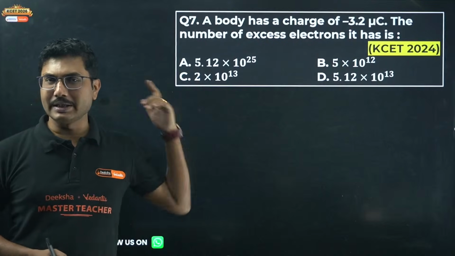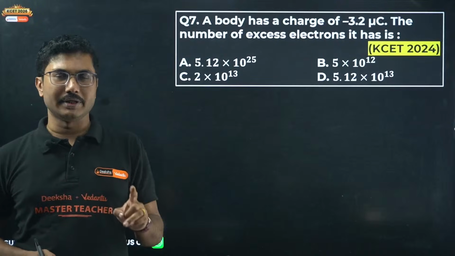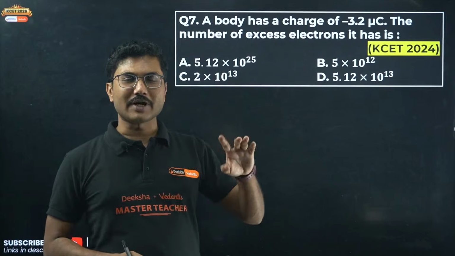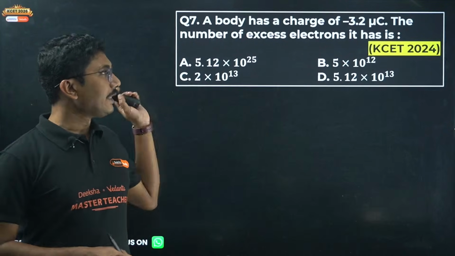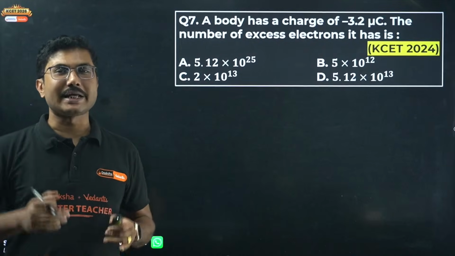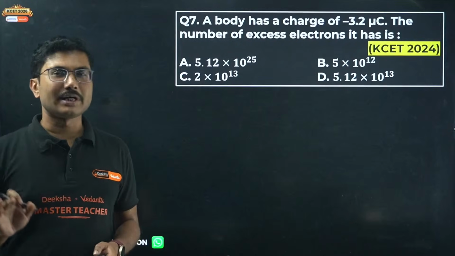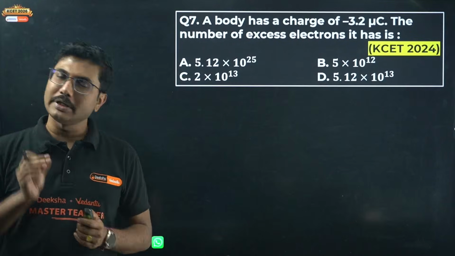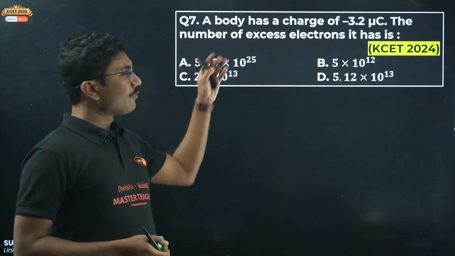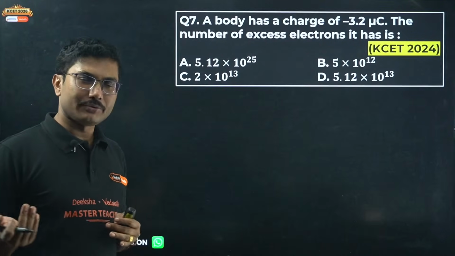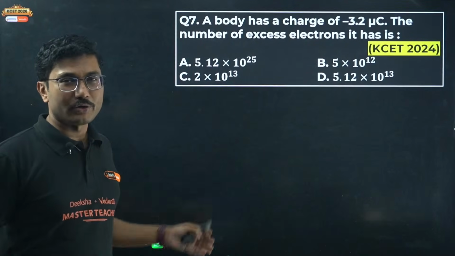Every year I have seen in the KCET paper, from various chapters, one question will be very, very difficult. It takes a lot of time to solve, at least 5-6 minutes, and even after that you may not be able to solve it. So read the question carefully. If you think you can solve it, you should try. If you think maybe you will not, you can skip it. But if the language of the question is simple, you should definitely try it, no matter how big the question is. And for a calculation based question, the question will be simple and short, because they will not try to make it large.